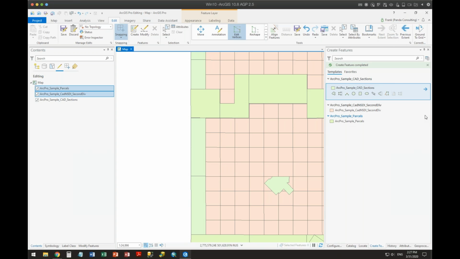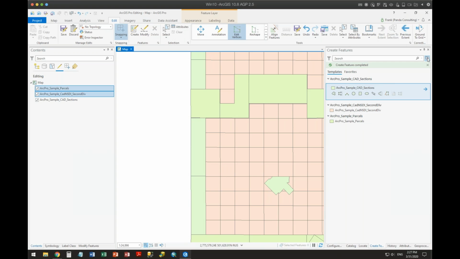I can share with you this, that ArcGIS Pro has got some amazing elements in here where you can set up what's called group templates. So for a parcel editor, all right, I can set it up so that I can draw a polygon and have it automatically create the lines for that polygon and automatically create corners at the ends of each of those lines. I can set that up just by setting up a template correctly for it. So there is what's called a group template on here. It is a really nice feature they've built in here.